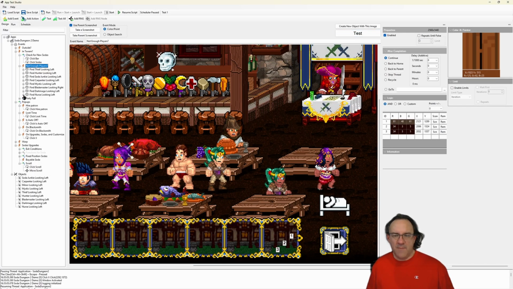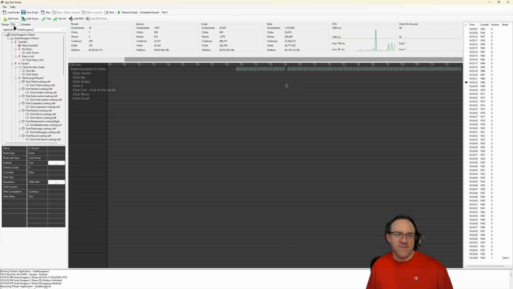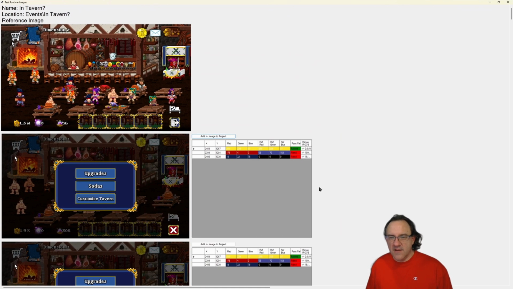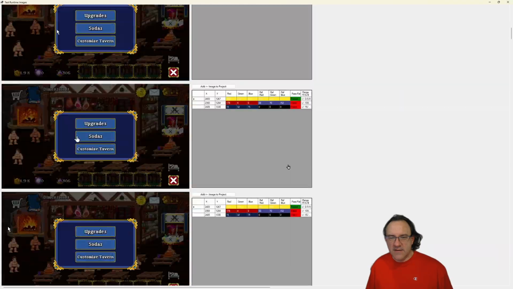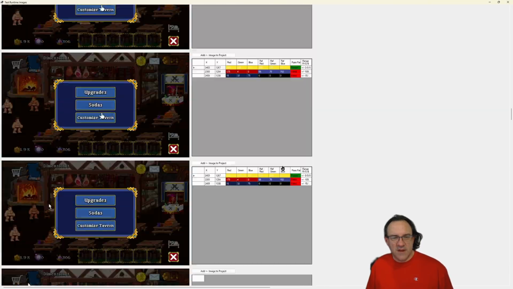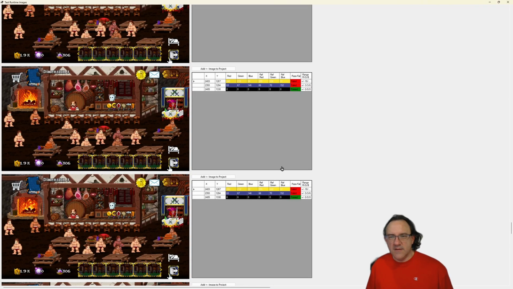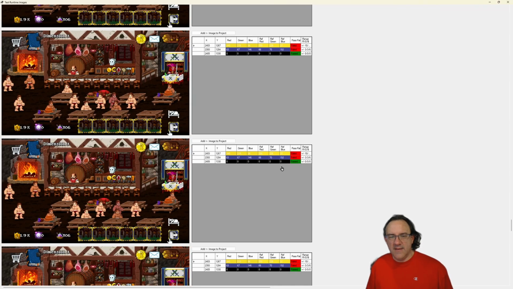I think what happened was I probably had this highlighted. Let's see, in the tavern has this highlighted. I bet this was highlighted. Let's go figure it out, though. Let's check for sure. In the tavern, right-click, compare to runtime images. Let's go back in here and go down to where the mouse was on the guys. And yeah,